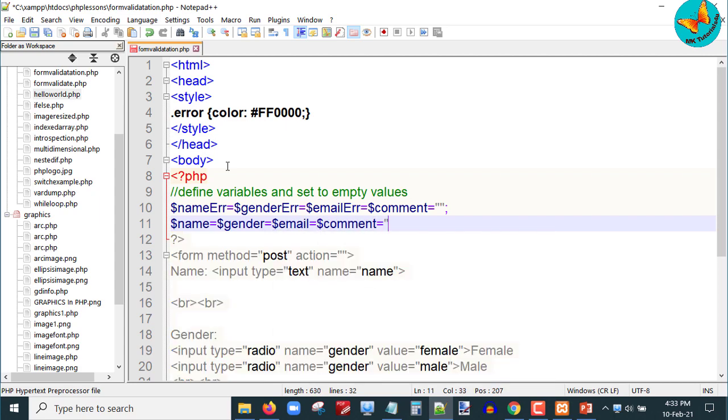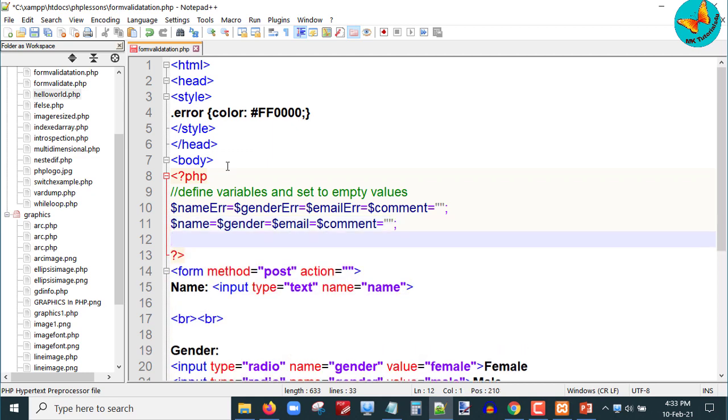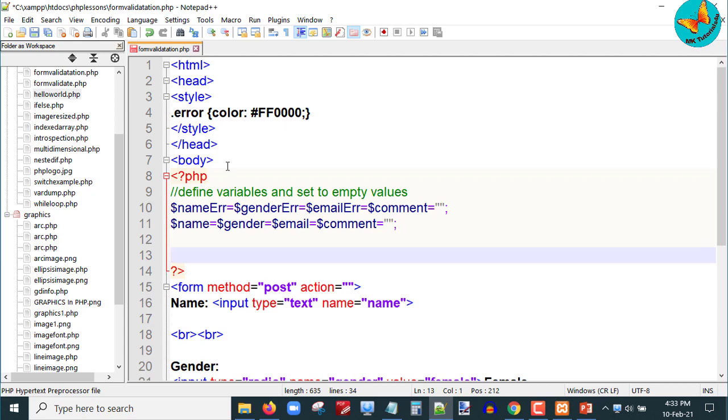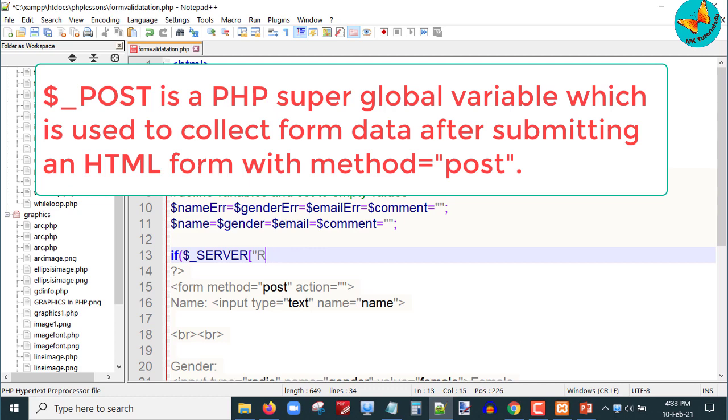Now next, whenever the user clicks on the submit button, then there is one global variable known as underscore server, which can help to collect the values, and there is one more global variable underscore post, which will help us to retrieve the exact value whatever the user has typed in the concerned text box or concerned radio button.